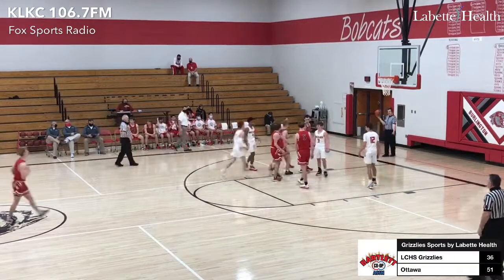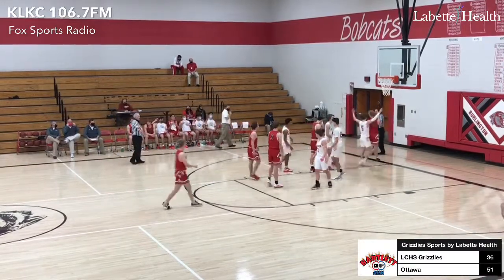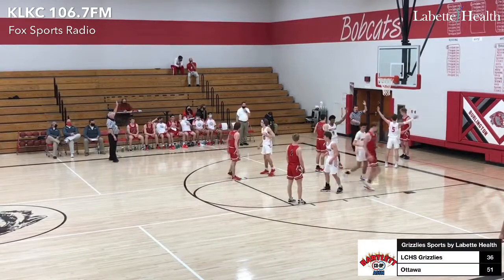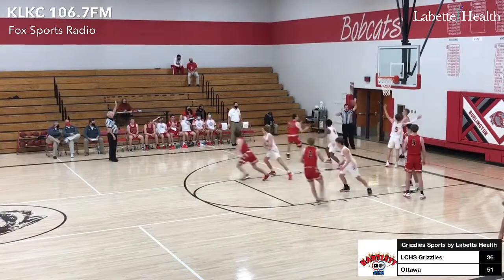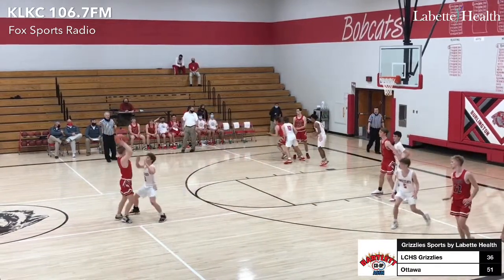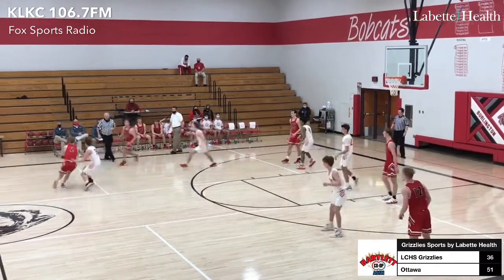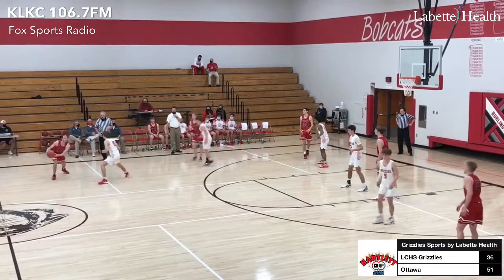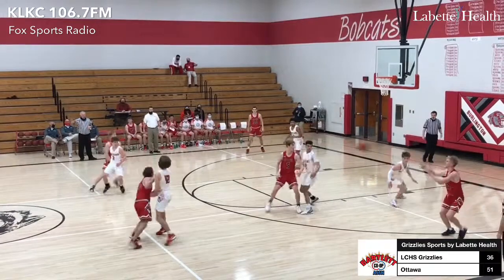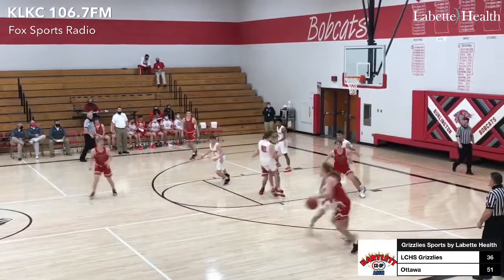As a held ball here for the Cyclones. Coach Argerbright barking, wanting it over the back. Ball getting ready to inbound for McCullough. Argerbright continually to bark about it. Yeah, he might get a tech here. He might be thinking, I might just go get one. As now it goes to Beats. Beats working against Carnahan. Good defense by Chase. Kicks it over to McCullough. Now McCullough guarded by